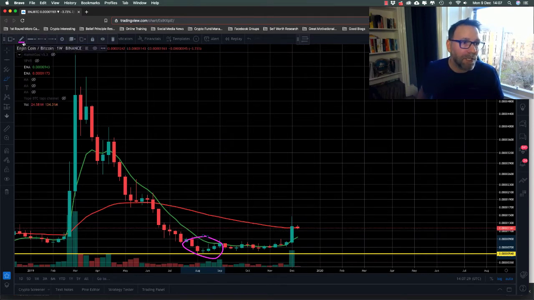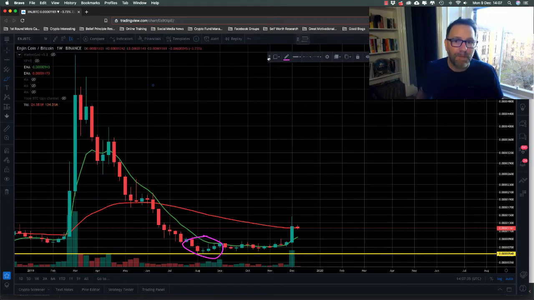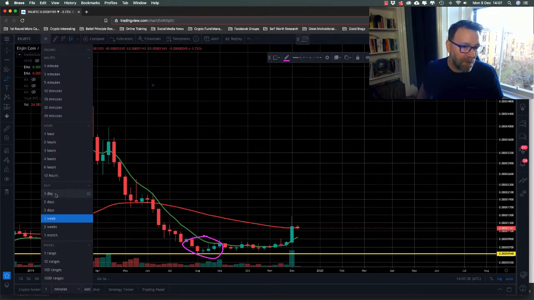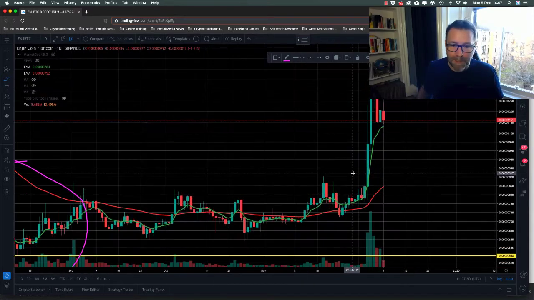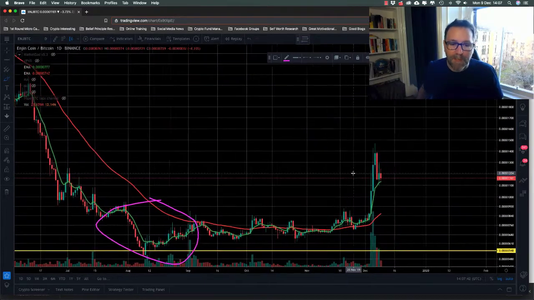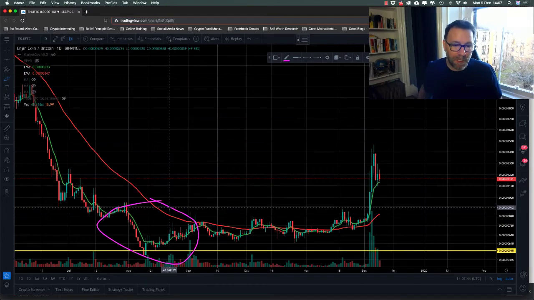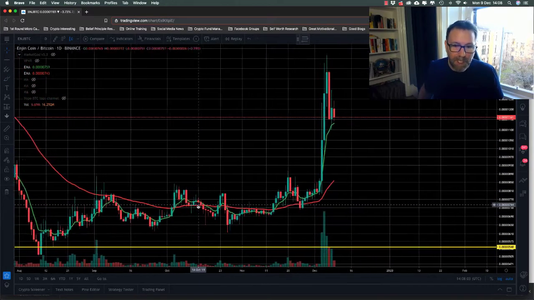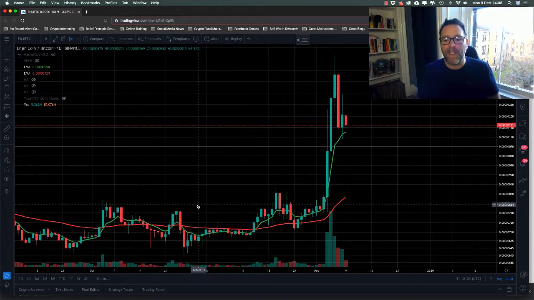So the next thing we're going to do is go down to the daily view instead of the weekly view. What's happening on the daily? This is the chart I use most, the daily chart. I like this one because you can just use this chart alone,